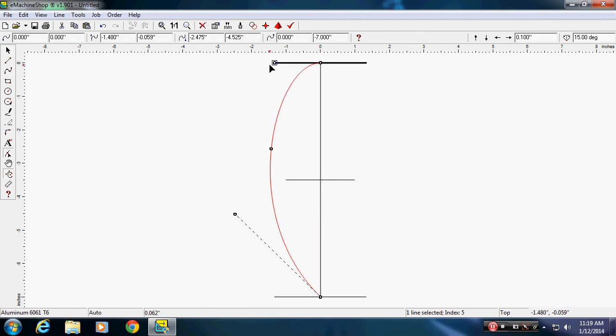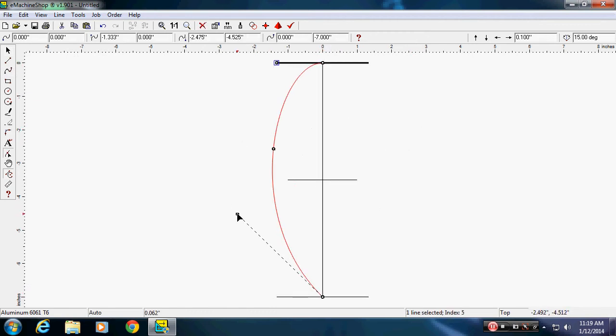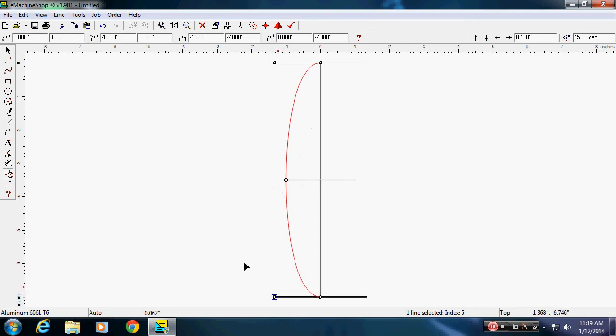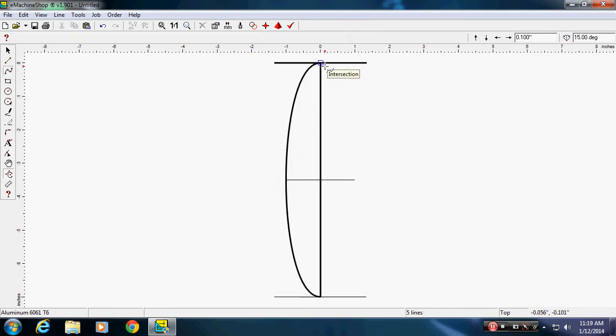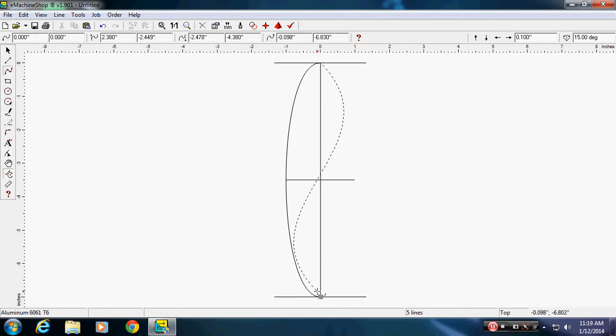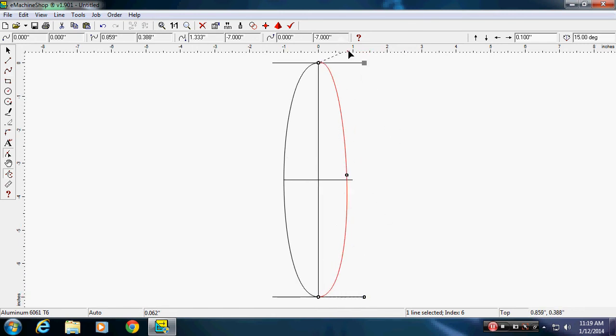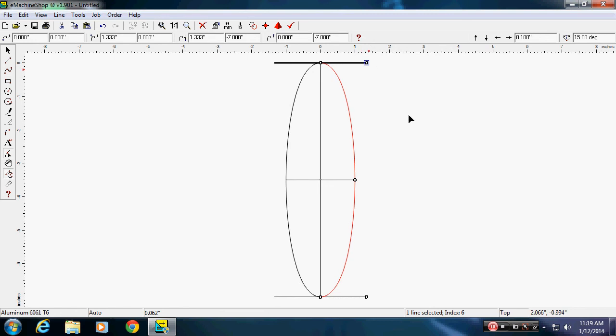We grab our points now. And now we have a 7x2 ellipse. Okay, so much for ellipses and ovals. Let's say that I'm going to go ahead and delete a few lines off of here. Once we have that top number,